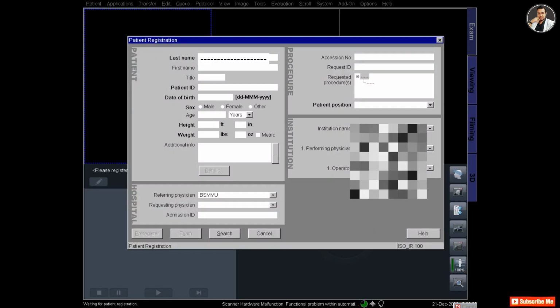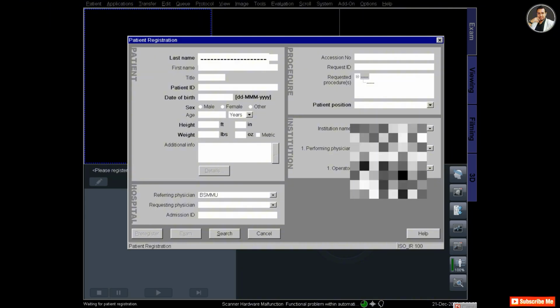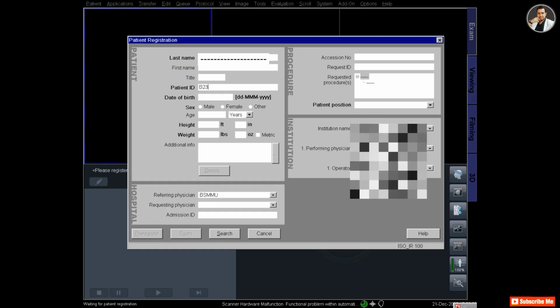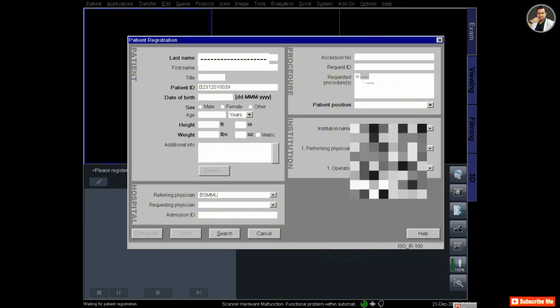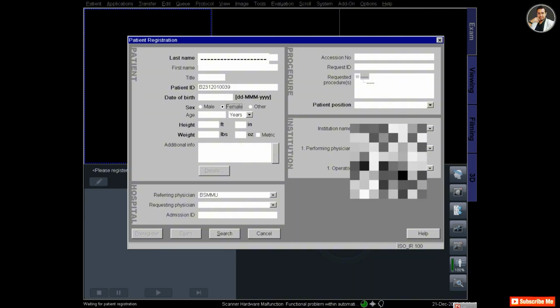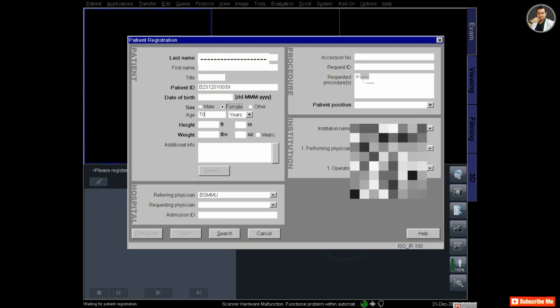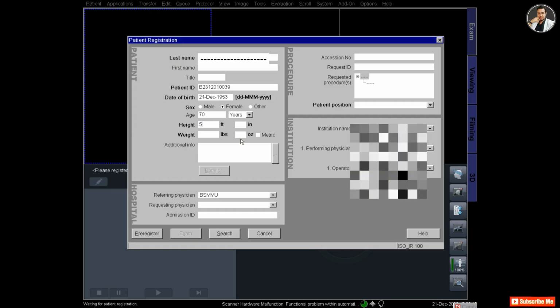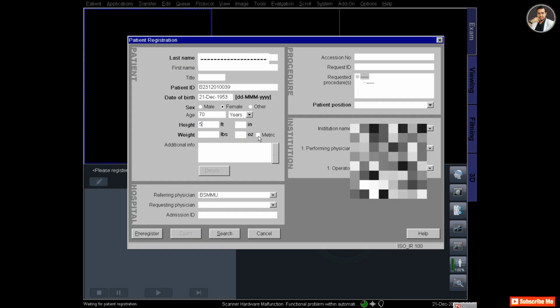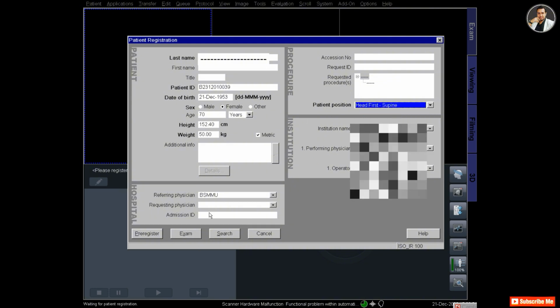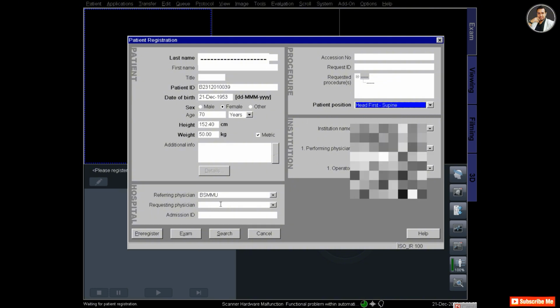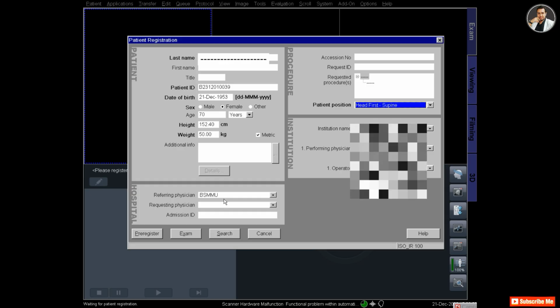And let's go to the console and first register the patient. So enter patient name, then patient ID, and then height and weight of the patient, and then patient position head first supine, and then click exam.